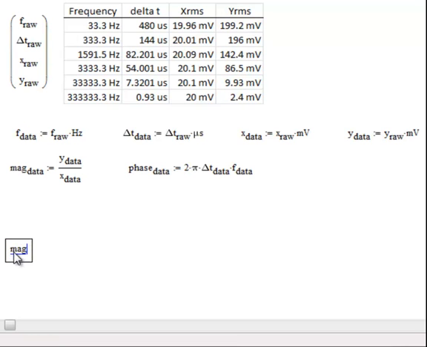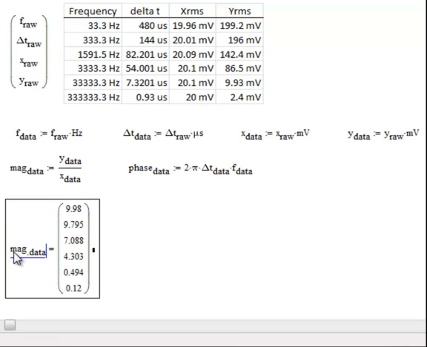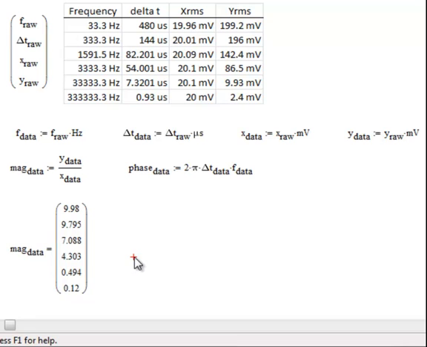I type mag sub data. I do get a 6-element array, and it looks about right. Here I've got a gain for this particular set of data, which is different than what you're doing in the lab. I have a gain of about 9 here, or 10, and that's what I show here, and then by this point I've got something that's closer to 1/10. Okay, let's try the phase